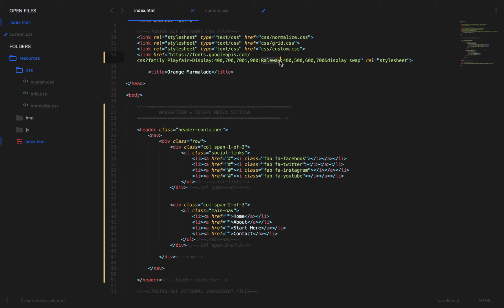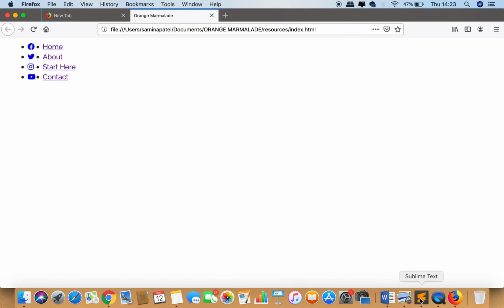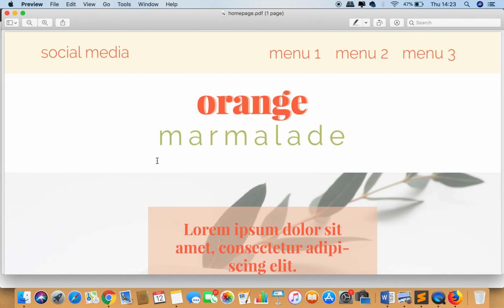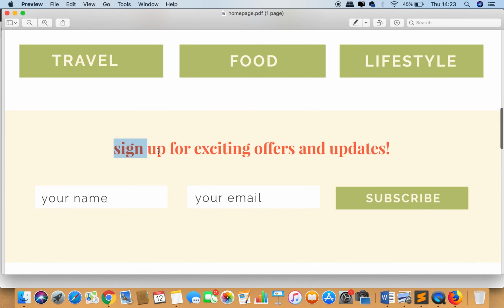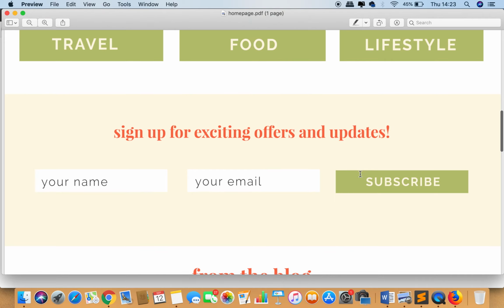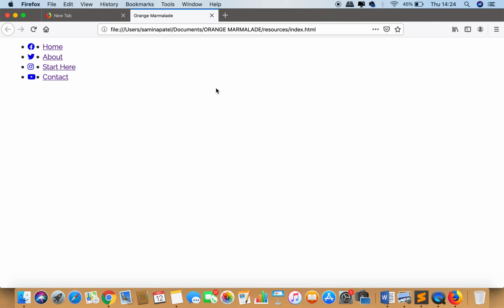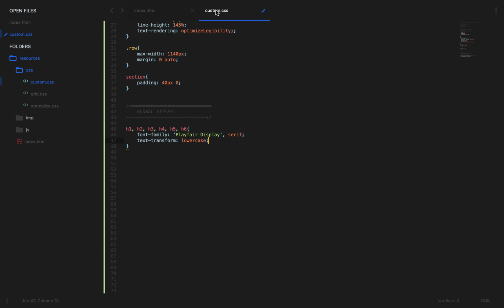On the contrary, when we use Raleway, not exactly for the body content, but as we use it for the button text, I'll just have this opened. So as you can see here, when we have these serif fonts over here, when they are in lowercase, it looks a lot more subtle. And then for the sans serif fonts, to bring out a bold factor in it, we make them uppercase. So it just balances each other really well instead of becoming overpowering or underwhelming. So that's the goal, and that's the reason why